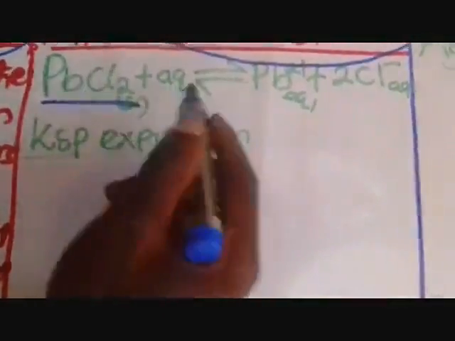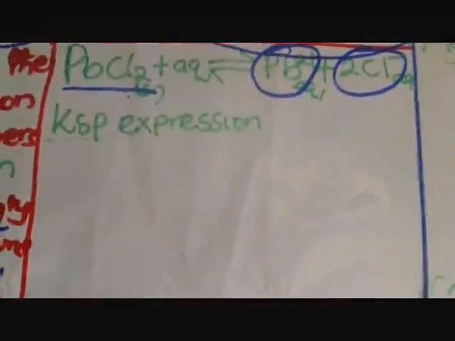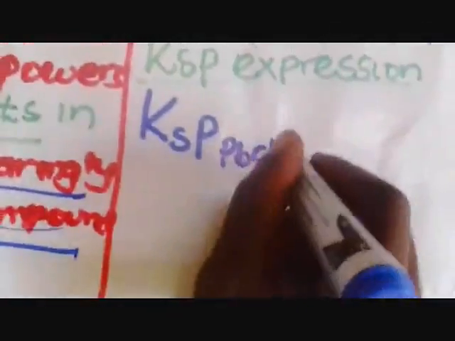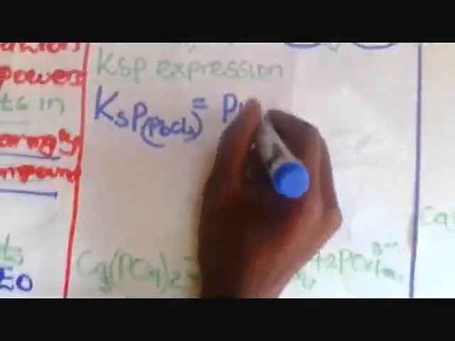When we have a salt like this one, that is lead(II) chloride, remember, it is sparingly soluble in water. So we are representing water with aq. Then when you put this one in the water, since it's sparingly soluble, we shall get ions of lead, and then ions of chloride. Now, if you are going to write the KSP expression, since product means multiplying, we shall say KSP of lead(II) chloride is equivalent to the concentration of lead(II) ions,